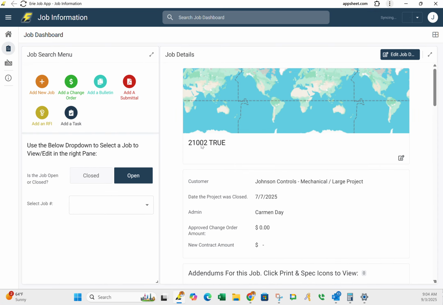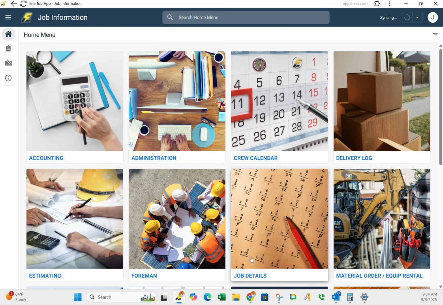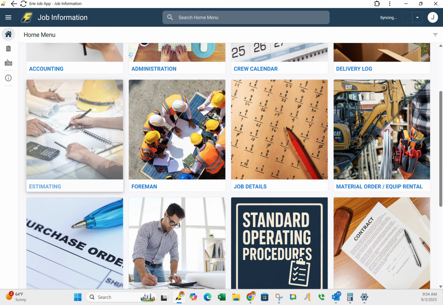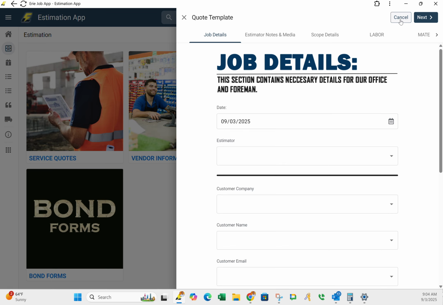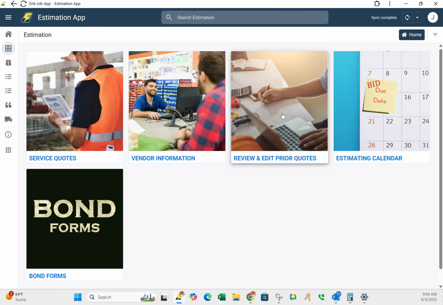Okay, when creating an estimate, you are going to go to the home screen. You're going to select estimating. You can either click on service quotes, which will bring up a new quote, or you can go to review